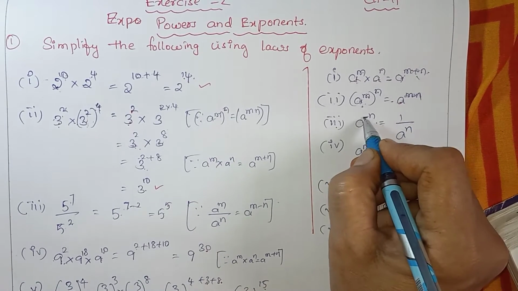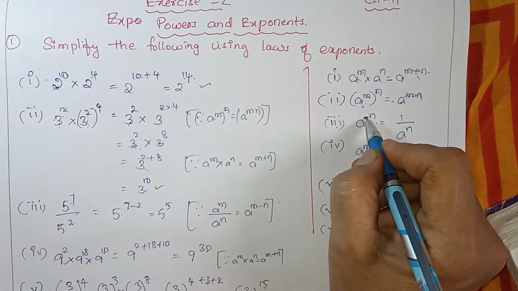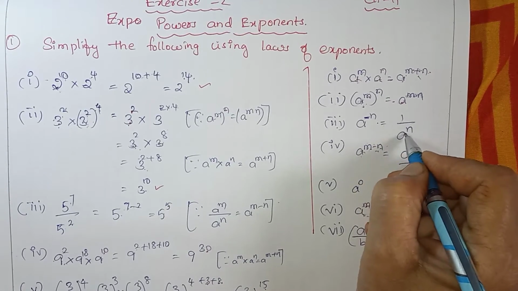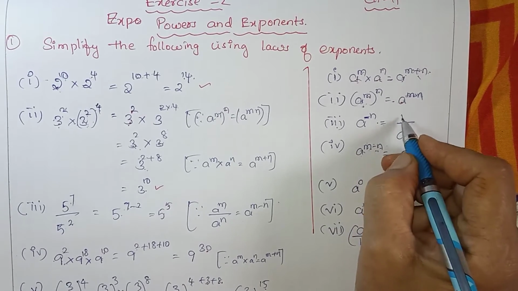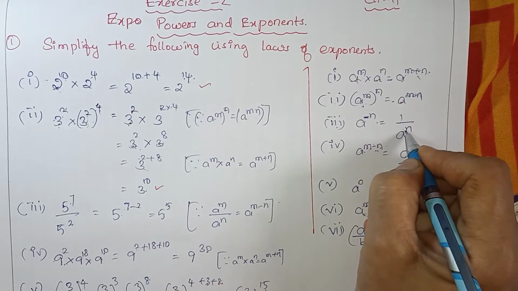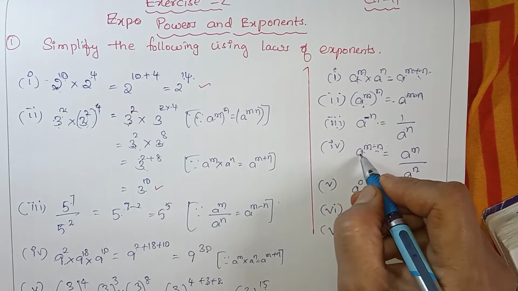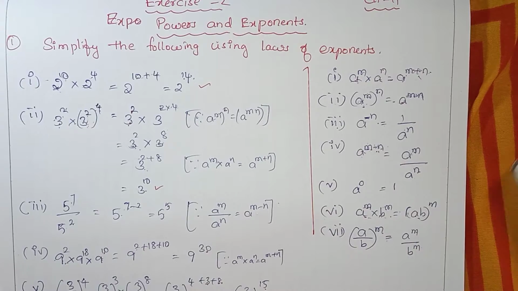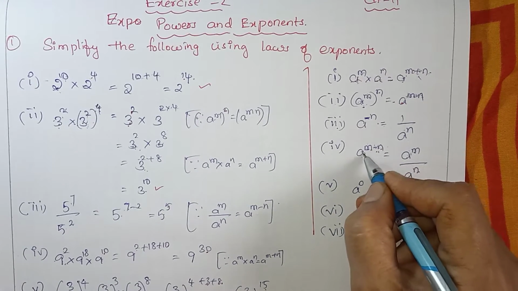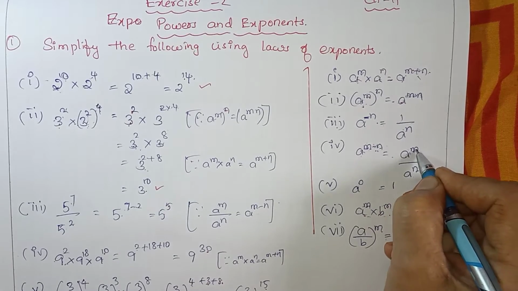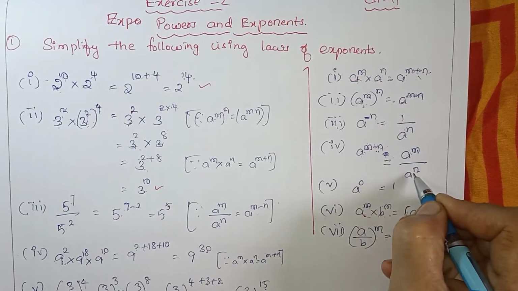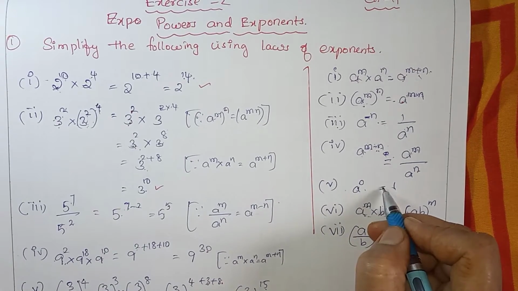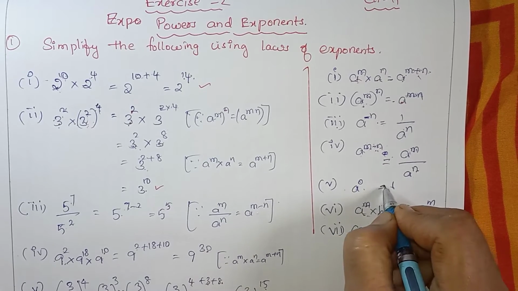Next, if negative power, if a to the power minus n, then the negative power will be transposed to the right side in the denominator, which will take the place of the positive symbol. Okay, so this is 1 by a to the power of n. Okay, next one more formula. A to the power m minus n. The difference will give us the fraction of exponents. Like a to the power of m minus n is equal to a to the power of m by a to the power of n. Okay, a to the power of 0 equal to 1, which I explained in the last video, how we get a to the power 0 is equal to 1.